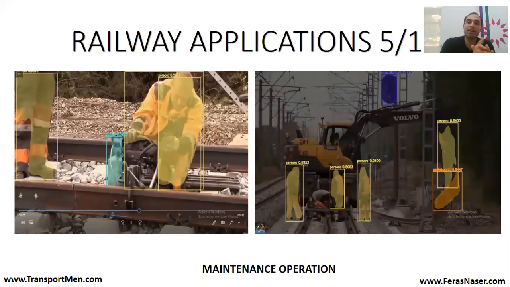Now, you can also apply this in different railway contexts. So let us see if we can apply this in the maintenance environment. We can see on the right-hand side three workers working with this equipment, and the model managed to detect 4 persons and a traffic line, and wrongly detected a skateboard on the right-hand side. And in the left-hand picture, an object was also detected on the left, which is also not an accurate detection.